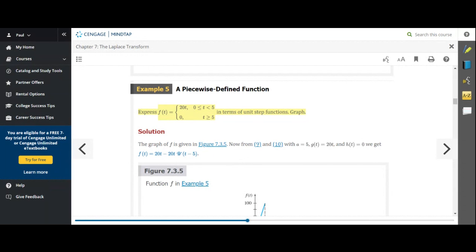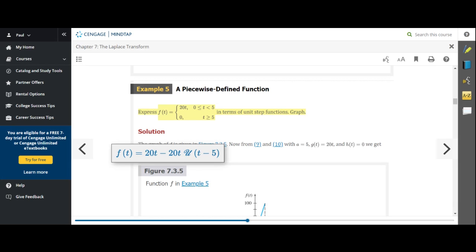In other words, the function's on between times 0 and 5, and it takes on the value 20t. And then after t is equal to 5, the function turns off. So this step function, you can express this step function, okay, as